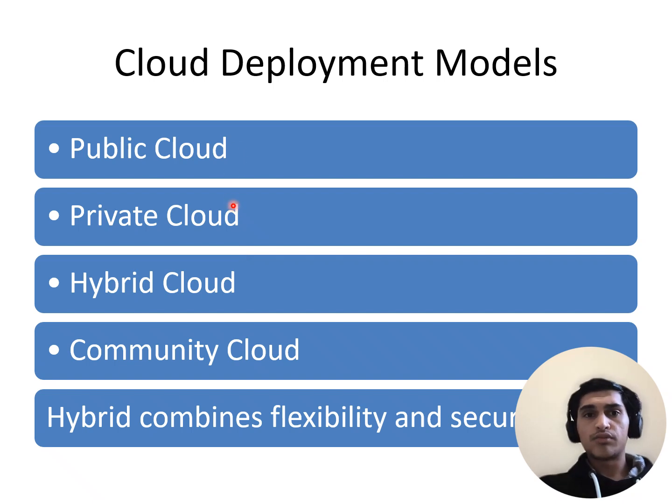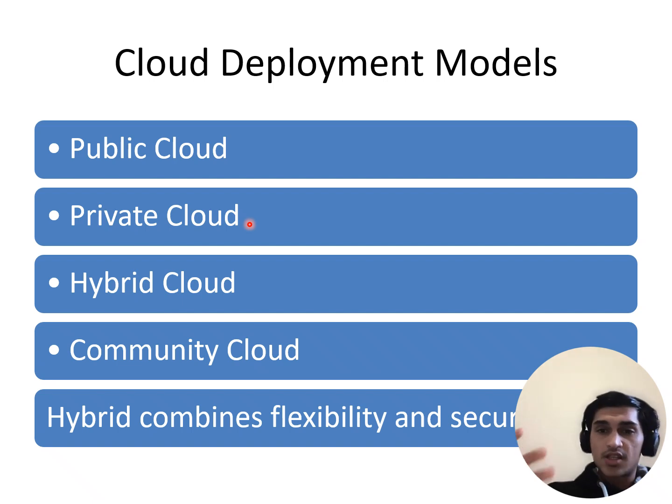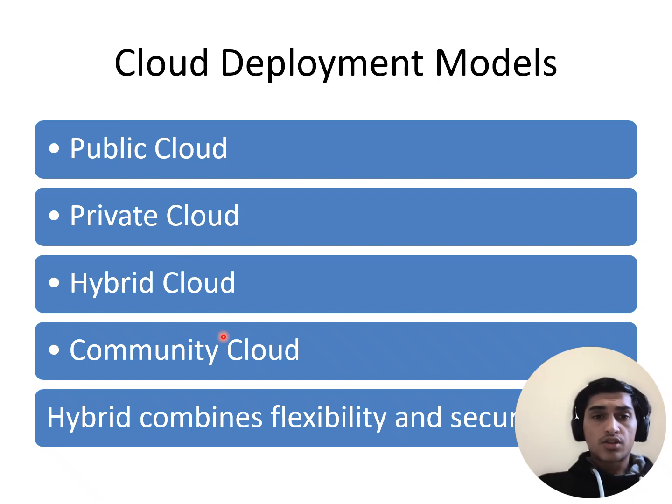If we compare both of them, the private cloud is much more expensive than public cloud as it is more secure and more reliable, and many big companies like Apple, Google, or Samsung use a private cloud to store their information as it is owned by a particular company or organization, which is more flexible and more secured. So moving on to the next, which is community cloud, it is shared among multiple